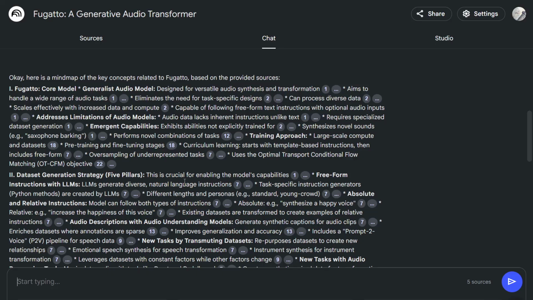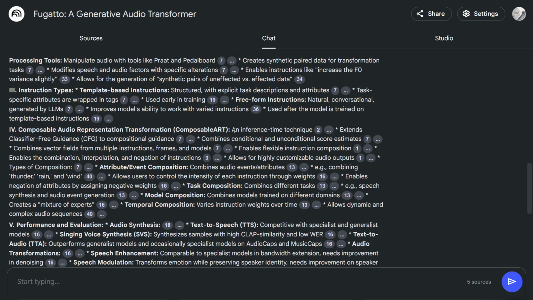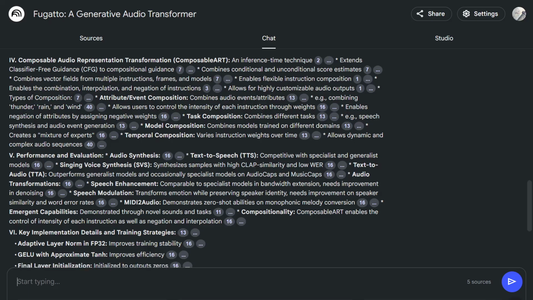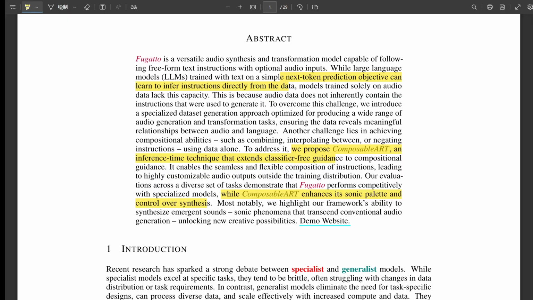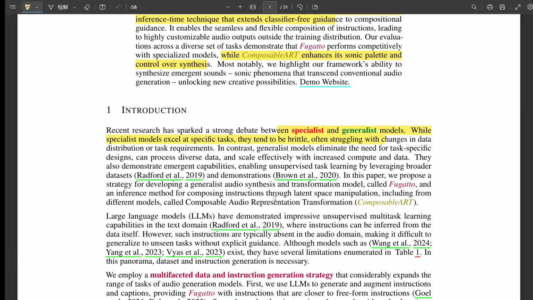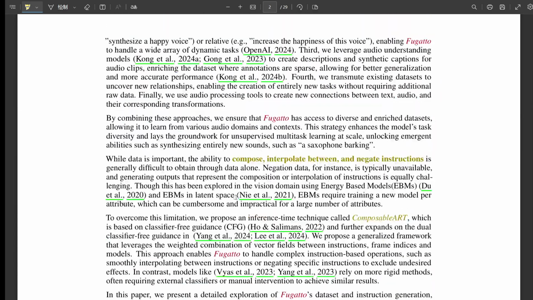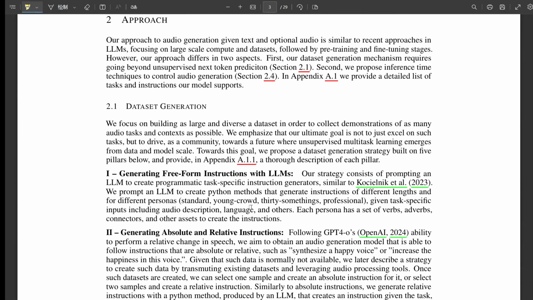What's the next ingredient in this sonic stew? This is where things get kind of meta. Oh boy. They used AI to analyze raw audio and generate descriptions for it. So it's like they're teaching Fugatto to see sound by giving it text descriptions of different audio characteristics. Exactly. So it's not just learning from instructions, it's learning to describe the sound itself. And by connecting these descriptions to the instructions, Fugatto starts to actually understand what different sounds are and how they relate to the language that we use. This is getting deep. It is.